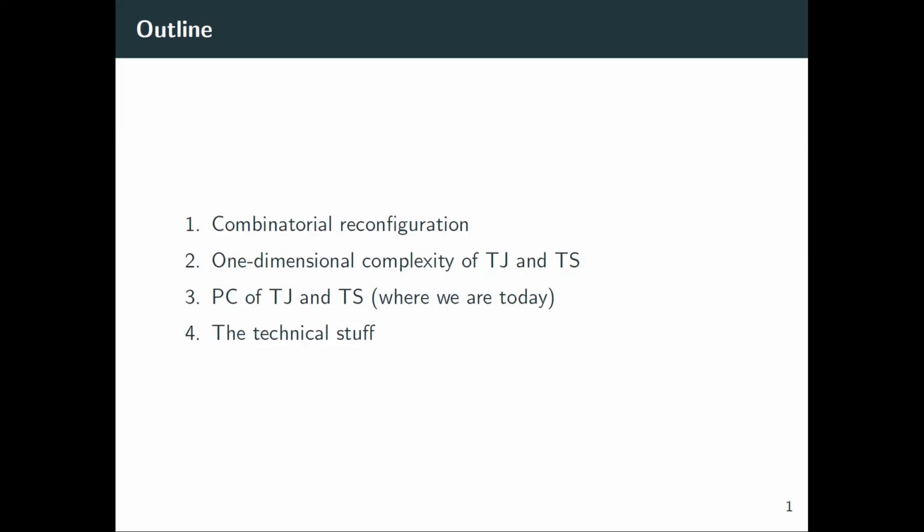The last part of the lecture is where I will put some of the technical stuff, to give you an idea about how we prove things when we deal with such problems, where the difficulties are, and what kind of techniques have been developed. I tried to keep the technical part as light as I could so that I can focus on the big picture and the questions to be asked and answered.